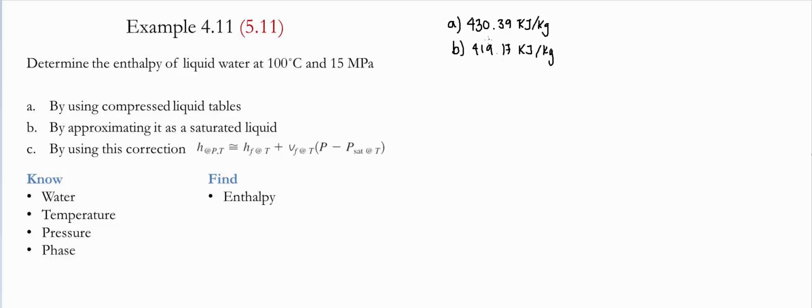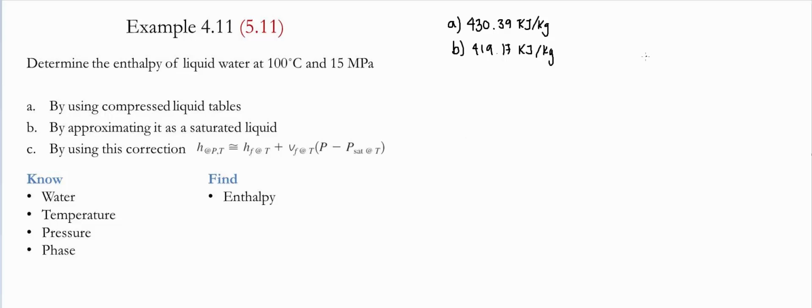These are the solutions from part A and part B. Part A is the exact solution since it comes directly from a compressed liquid table. Part B is an approximation. Notice the difference between them. The main reason is that part B only takes into account the temperature of the process. However, if we use the correlation provided in part C, notice that it provides a correction due to the pressure